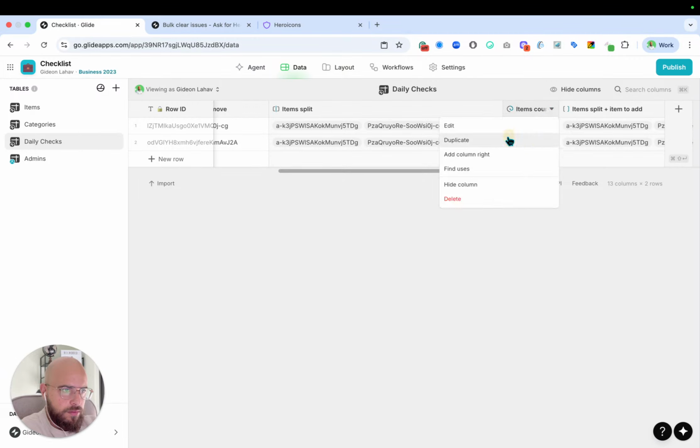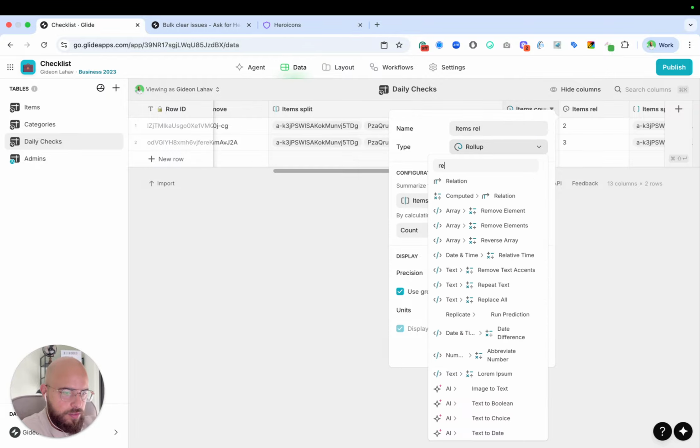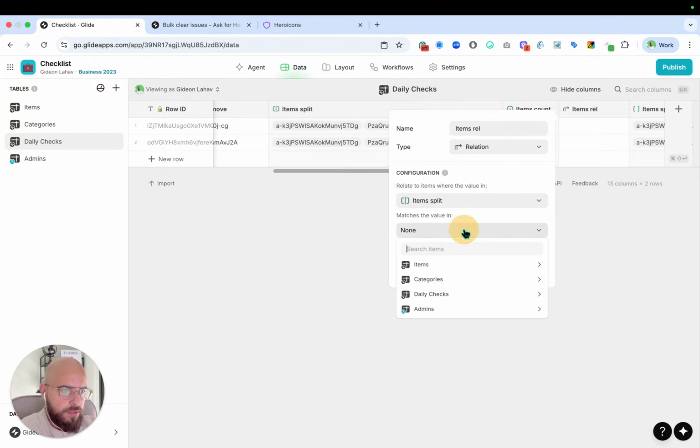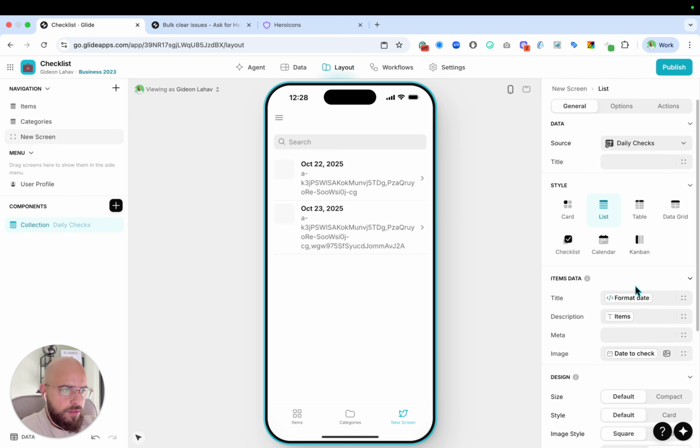And we can also make items relation, so we can see who was there in that day. So item split, items multiple, and now here we can put number of items,